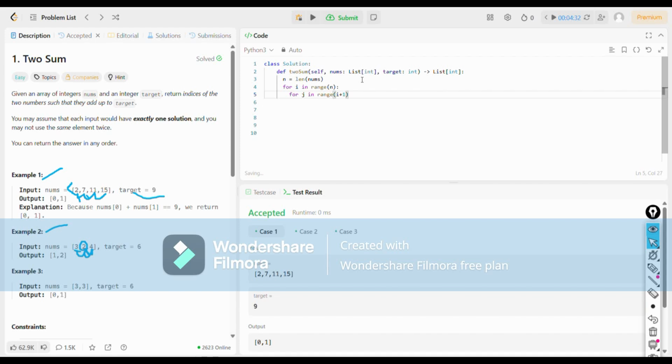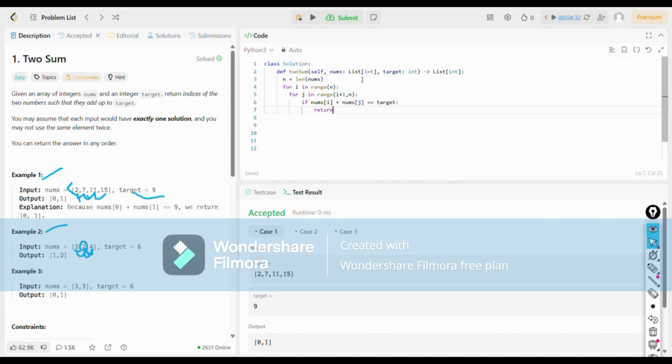We just have to check each and every element next to the current element, so I'm incrementing j from i plus 1 till the end of the array. If nums of the current element, which is nums of i, plus nums of each and every element present next to the current element, which is nothing but nums of j, adds up to give the target value,